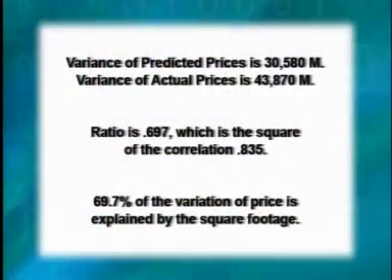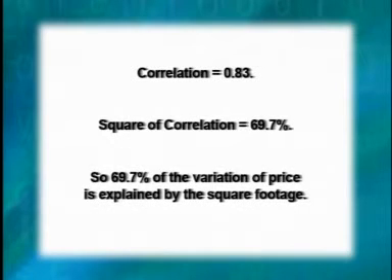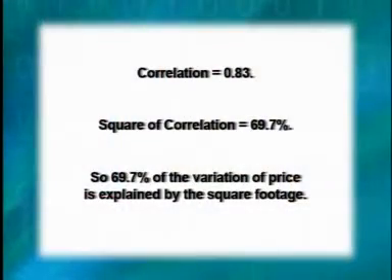So this model, just using square footage, has explained 69.7% of the variation of the price. Now, by the way, this number, 0.697, is actually the square of the correlation. That was the number, the correlation or correlation coefficient that we discussed back in Lecture 7. It had a formula, but the point is that the value of correlation, which was measuring the extent to which our scatter plot was lying close to a straight line, the square of that is actually telling us the proportion of the variation of the price that's explained by the